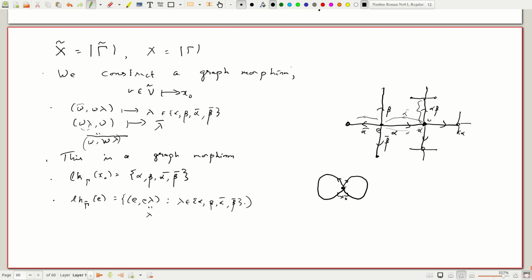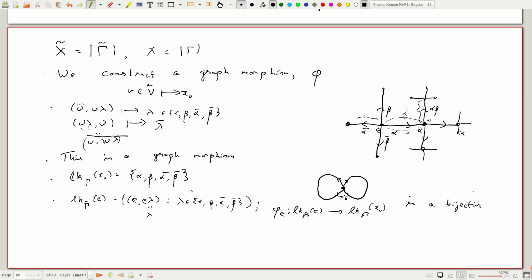And as we see above, this is exactly equal to this, and in fact the induced morphism, let's give this a name, phi. We see that phi E, mapping the link in gamma tilde of E to the link of x0 in gamma, is a bijection. You see these go to these.